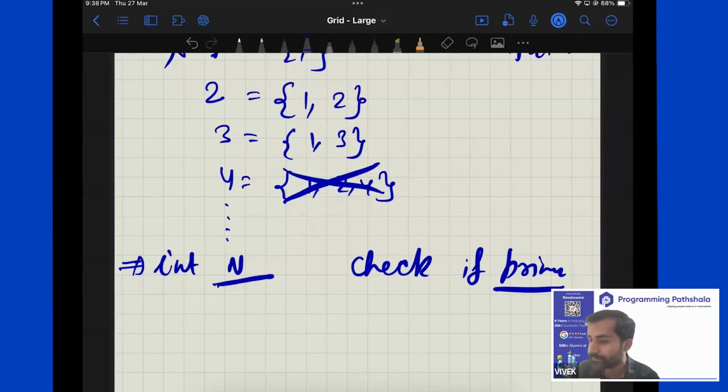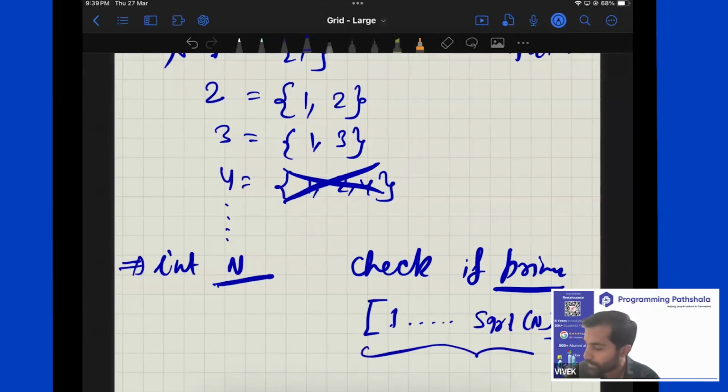Yeah, exactly. Just count how many factors there are. And can you do that? Have you just learned how to do that? You can just iterate for this number. And in what range will you iterate? Tell me. You will want to iterate from 1 till SQRT of n, and then check in this range how many numbers you have got which are